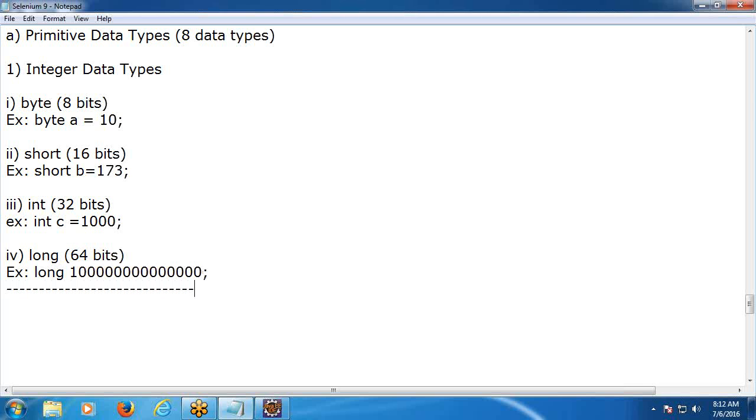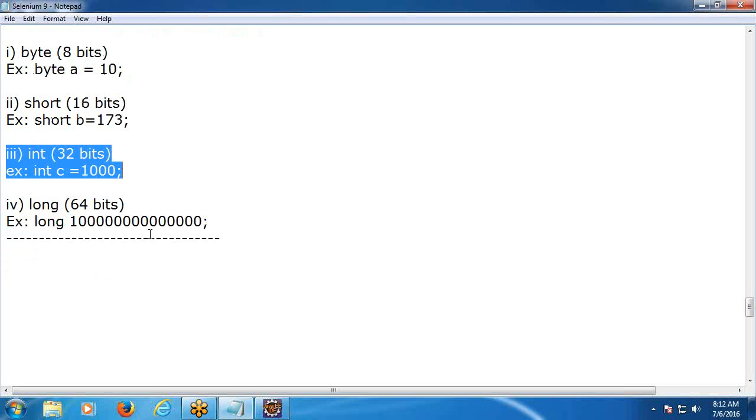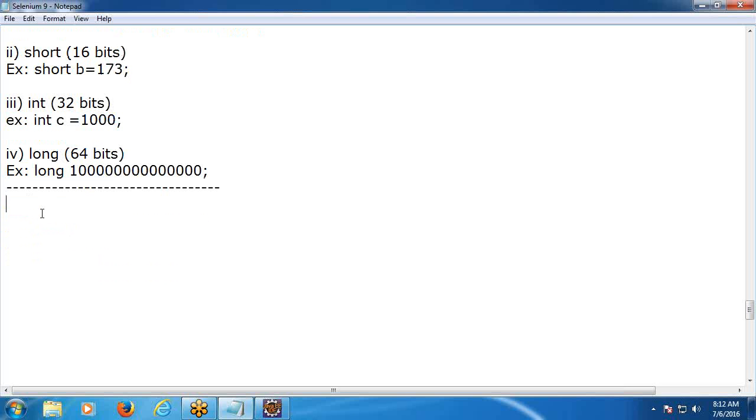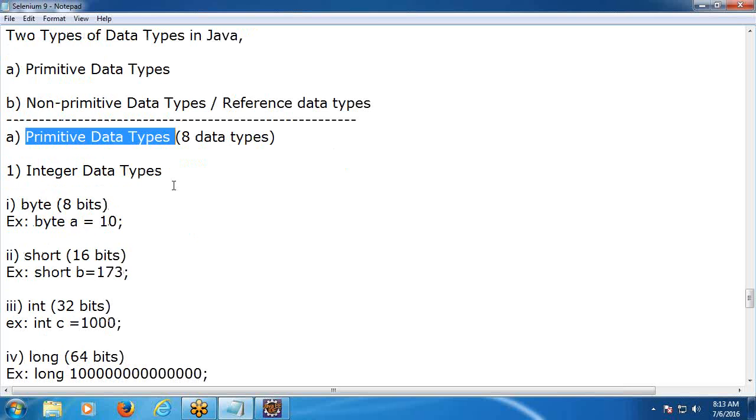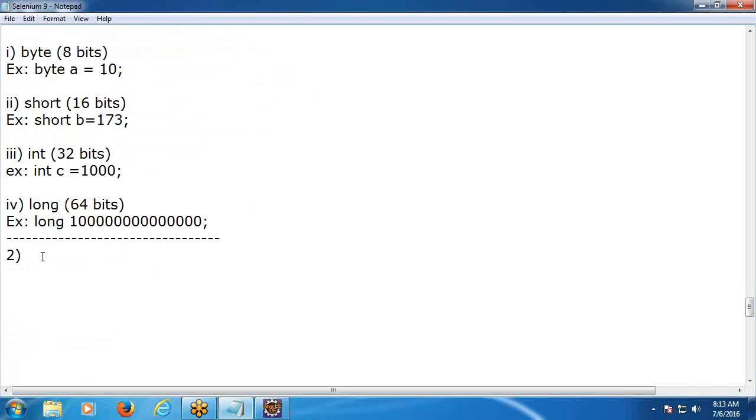Say we have 4 integer types, but in our test automation, 99% we use integer only. You just remember, you just focus on integer. Next, another subcategory. First subcategory, integer data types in primitive data types. See, primitive data types main category, integer data types subcategory. Another subcategory,